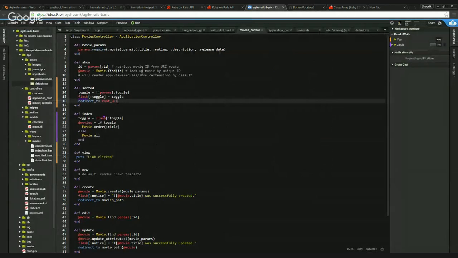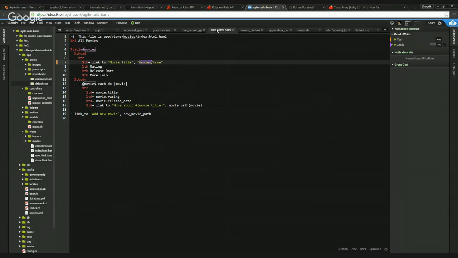And then we wanted to make the toggle an instance variable. So I think rather than doing this in the sorted method, we can have this in the toggle, because at the end we are displaying the view for the index. Yes, you're right. The root URL triggers the view for index. Okay. And then in our haml,